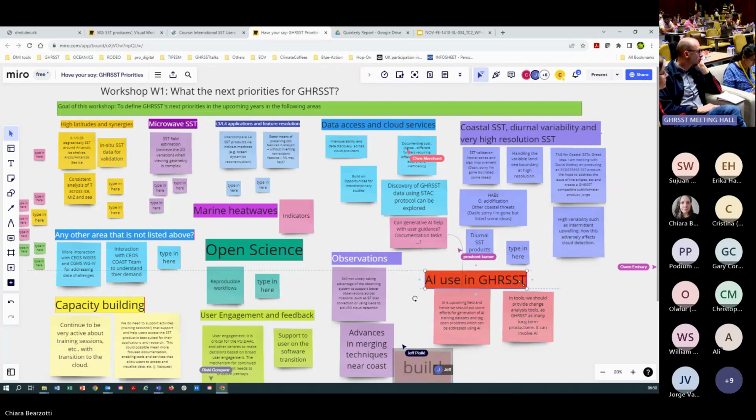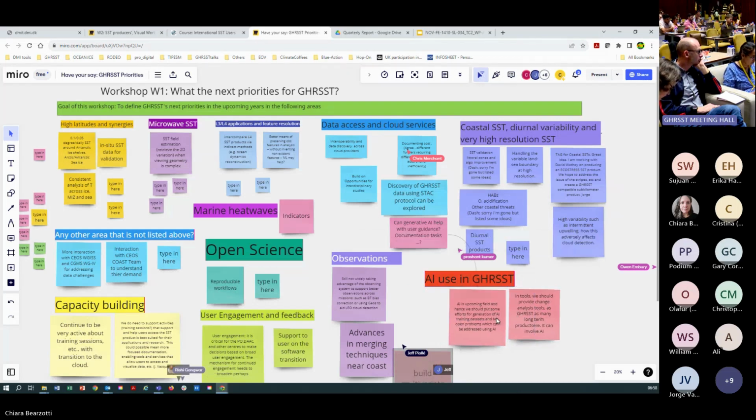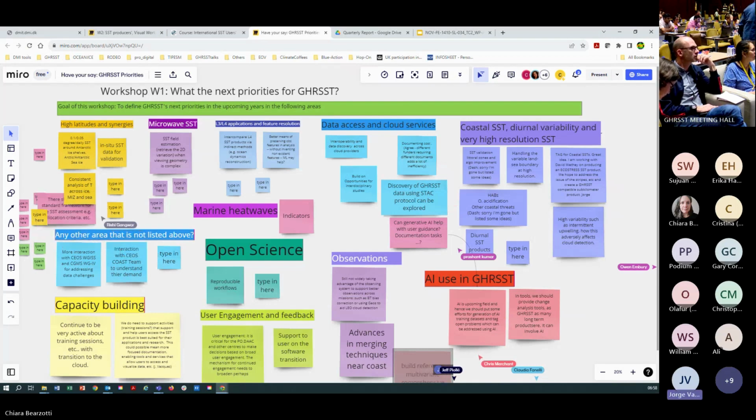And I think also with all the diurnal warming products and work, then we could maybe design a session on that. I think that will probably be quite useful thing to do next meeting. I see Jorge's got his hand up, so I think one more question, and then we'll start to wrap things up.